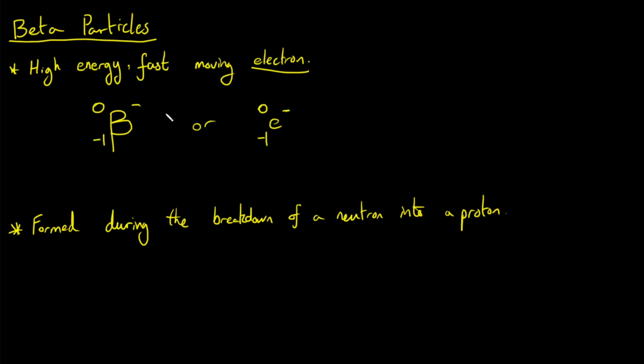Or why is this fast-moving electron produced from the nucleus of the atom? Well, we need to think about how beta particles are formed. They're formed because a neutron in the nucleus has broken down to form a proton. And in that transformation, in that breakdown from a neutron changing into a proton, a fast, high energy electron is